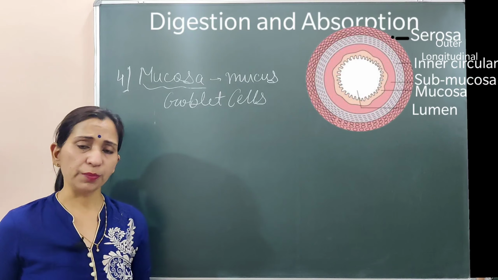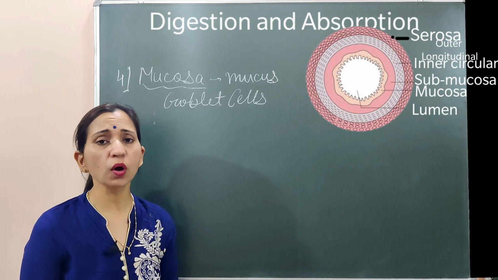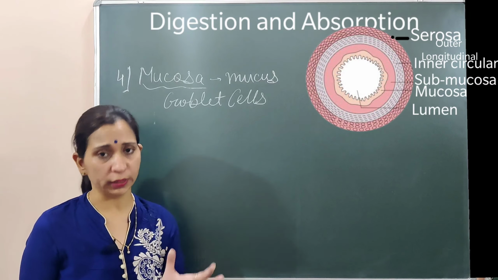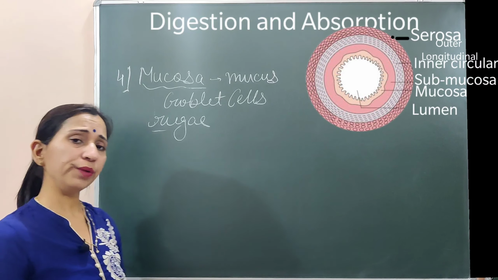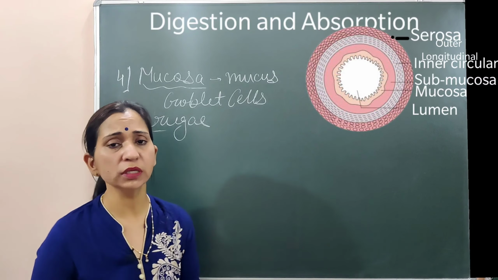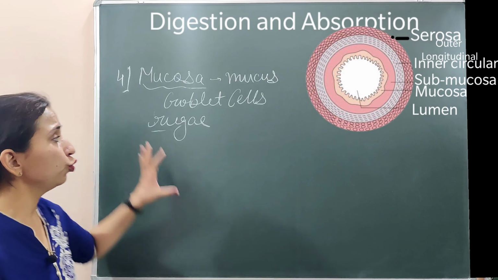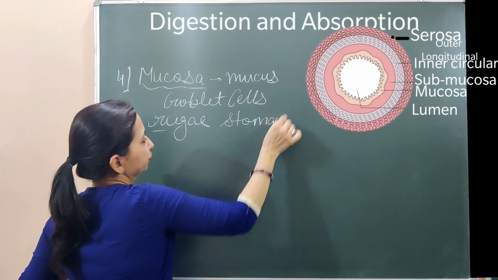In the case of stomach, this mucosa layer also has some rugae. In the stomach region, they have rugae. They are present in the stomach region. And when the stomach remains empty, then these rugae are visible. As the food comes inside the stomach, then what happens? These rugae disappear. When the stomach gets filled with food, the rugae disappear. So rugae are present in the stomach region of this layer.